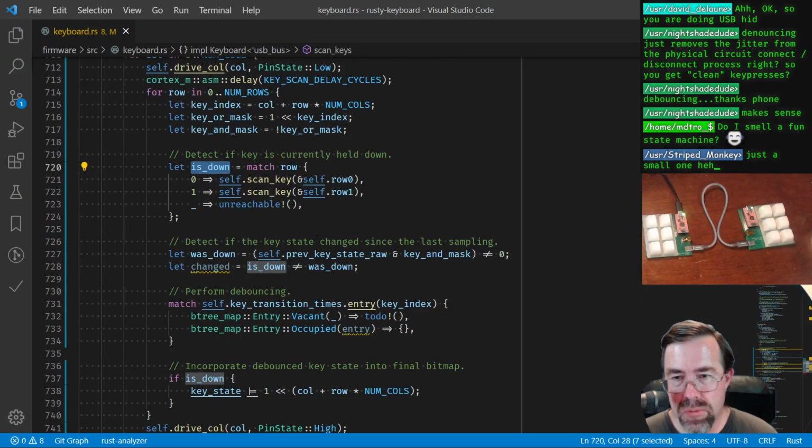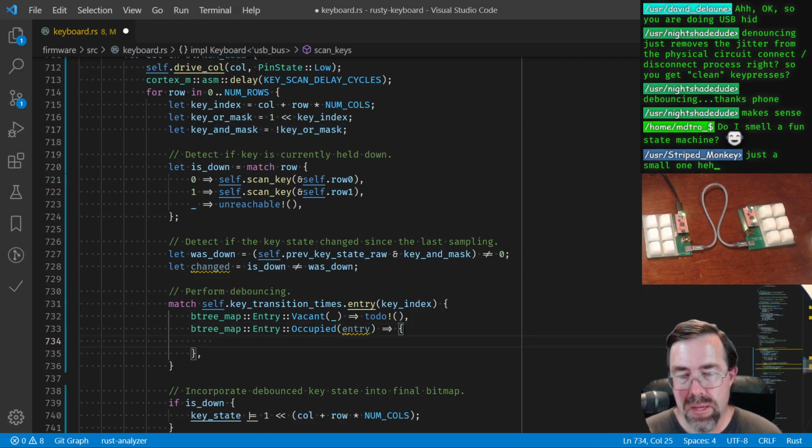It was down if the previous raw ANDed with the key and mask, so masking out any other key, is not equal to 0, then it was down. 1 means down. Okay, changed is if is down is not equal to was down. Right. So if there's something in the key transition times, and then it depends on if the actual key was changed, right? If changed,